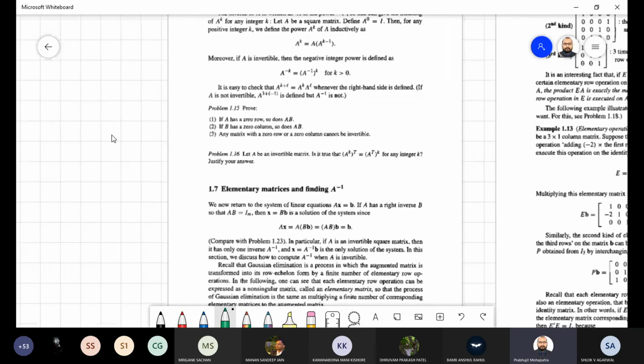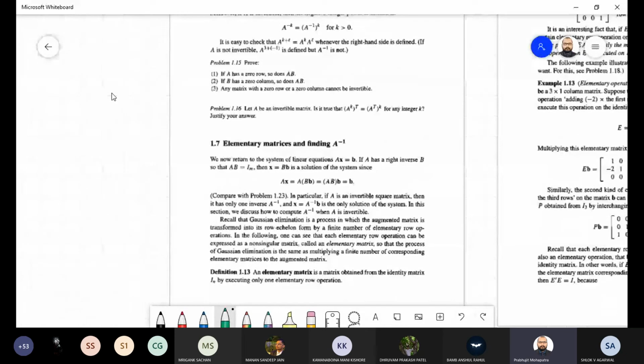So what is the elementary matrix that we need to understand? That is very important, because in the question they will clearly mention you need to find A inverse using elementary matrix. If it is just asking for A inverse, you can use the method that you have already studied. But here, you are not going to use those. You need to find the inverse of the matrix A using elementary matrices.